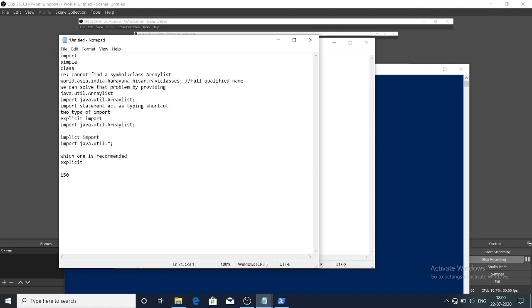So each time, wait a minute, take it. I take one package, import java.util, and another package I take, import java.io.star. I import these two packages, but see what the problem is with that.